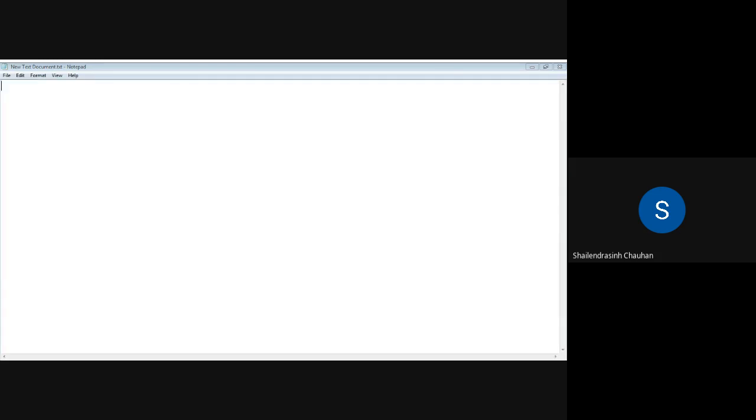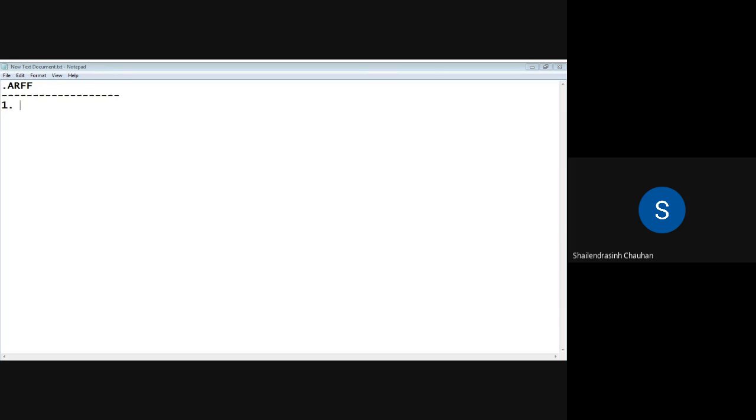Fine. So right now we are trying to learn how you can create your own data set. We will learn two methods, one ARFF file format and second CSV. Currently we are discussing the ARFF file format, how you can create your data set with it. Any ARFF file format data set can be divided into three parts.